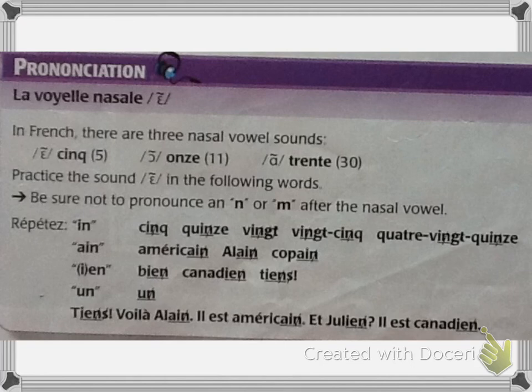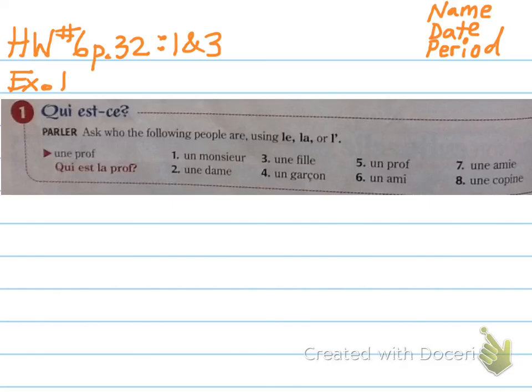So you should have been able to feel your nose vibrating if you were saying those correctly. So your homework is homework number 6, page 32, exercise 1 and 3. So again, these are both exercises actually that we already did out loud. Okay, so you're going to write out on your paper like the red example in your book. So for exercise 1, all of your answers are going to start with "Qu'est-ce que c'est? C'est..."